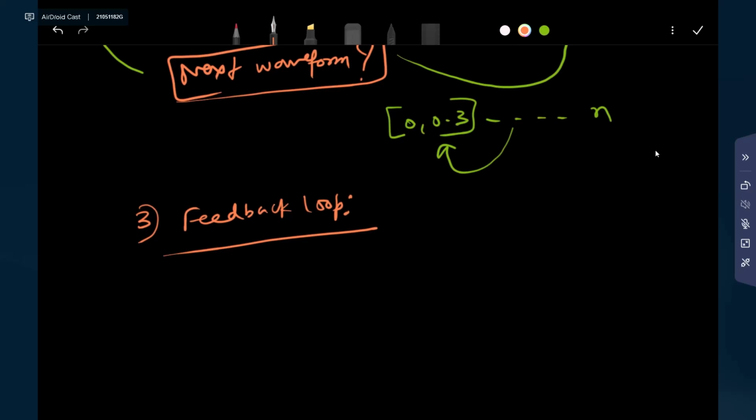Now in this kind of autoregressive model, the feedback loop refers to the process of using previously generated samples as context for generating subsequent samples. This allows the model to capture dependencies and generate coherent speech. So for generating the coherent speech,